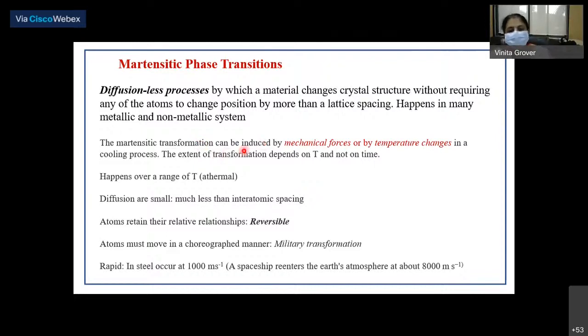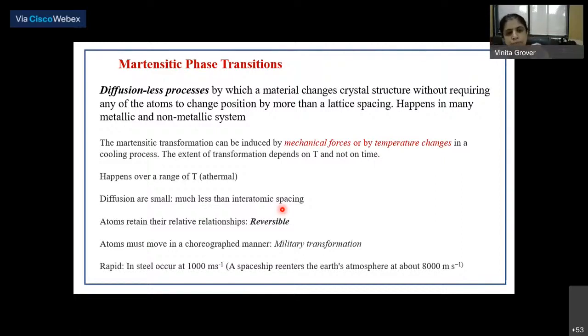The martensitic transformation can be induced by mechanical forces, by applying shear, or by temperature changes. Okay. And one thing about martensitic phase transition is, unlike the normal displacive and reconstructive ones, they do not happen at a fixed temperature. They happen over a range of temperature. That is, suppose,